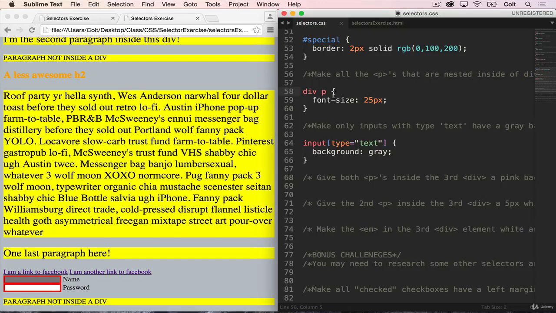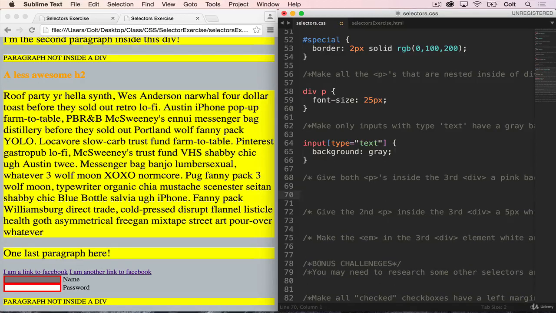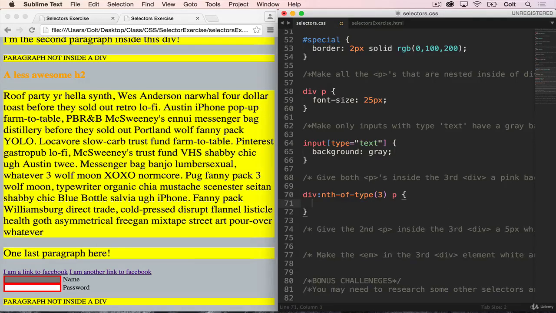What we do want to do is select all paragraphs inside of the third div on the page. And the way that we can specify the third div is to use nth-of-type. So we'll say div nth-of-type 3. So that's going to give us a third div. And then inside of that, all paragraphs. And then we're just going to say background is pink. And save,